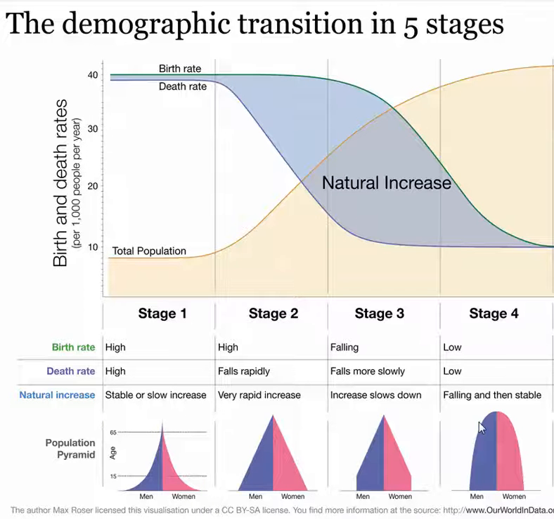It doesn't have the population pyramids, and it calls stage 1 the pre-industrial stage, it calls stage 2 the transitional stage, it calls stage 3 the industrial stage, and it calls stage 4 the post-industrial stage. I like this figure because it gives us a lot more information than the figure on page 128 in your textbook. The figure on page 128 shows us this information in the blue, that in stage 1 or pre-industrial societies,